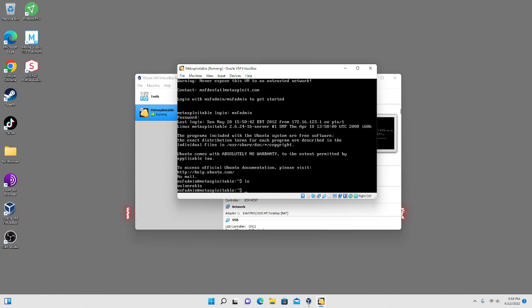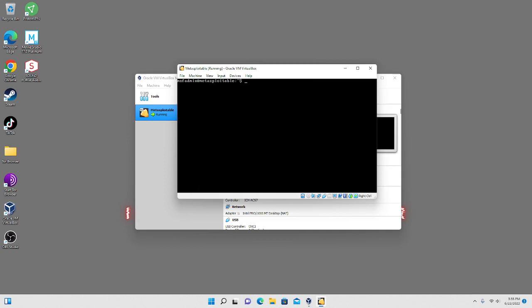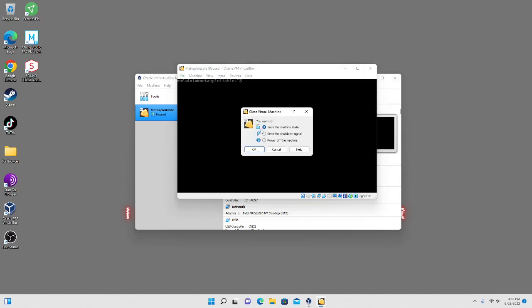So I just want to make sure that we got an IP and everything for it, which I will go over all this later, but I'm just running through and making sure that everything's there. Okay, so that system is good, up and running, and when you want to shut the system off, you click the X, and you can either save the machine state if you're in the middle of something, or just simply power off the machine. We haven't done anything important yet, so I'm just going to go ahead and power off